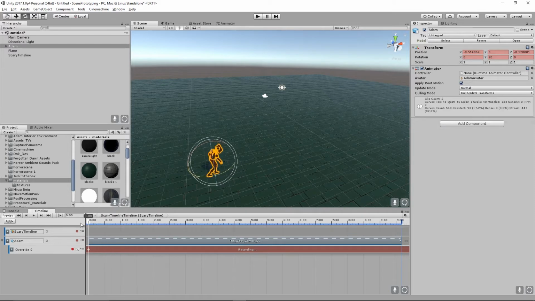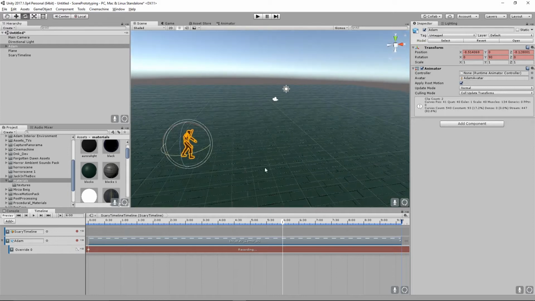So I want to make him walk for like 5, let's make it 6 seconds to get to the corridor. Maybe more than that, but we'll set this for now. I'm going to just block it out. So I want him to get to here. That's probably not nearly enough time, but because you're also going to see, like, when he's walking, he's sort of